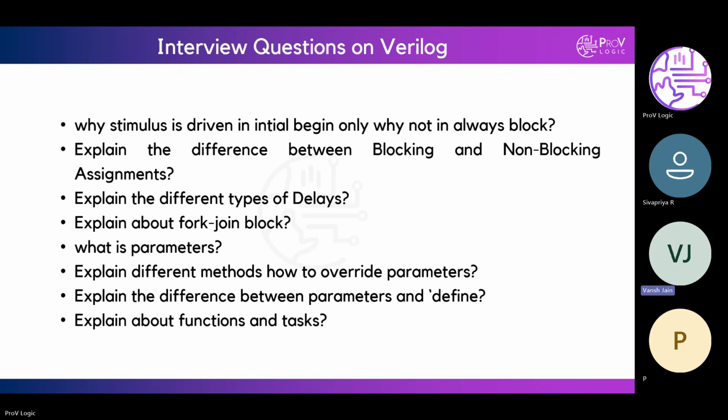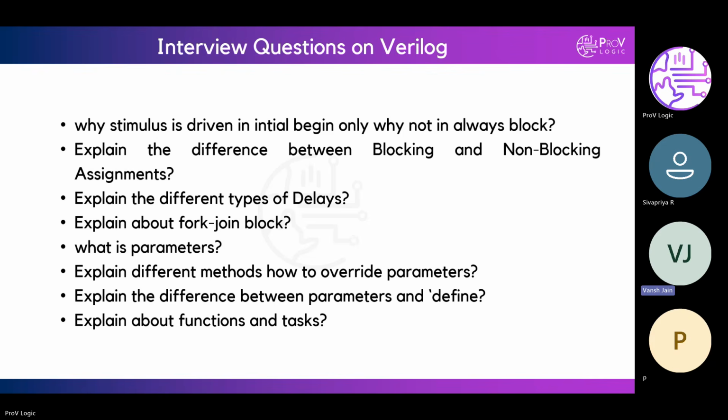A function takes input arguments and returns a value, and the variable that returns the value should be the same as the function name. A function doesn't take time, so we can't give delays in a function, whereas a task is used to give delays.